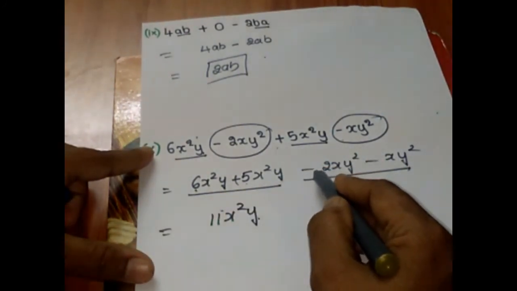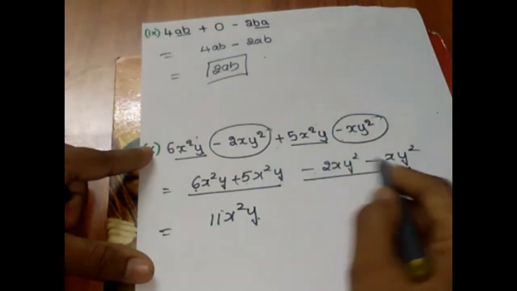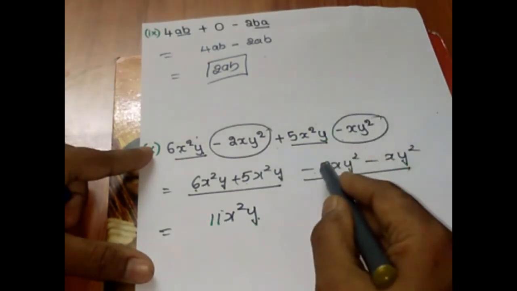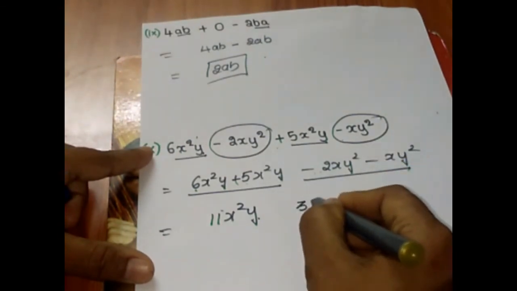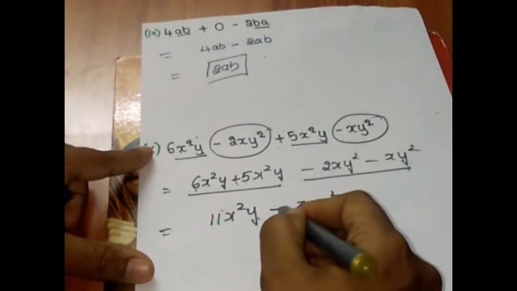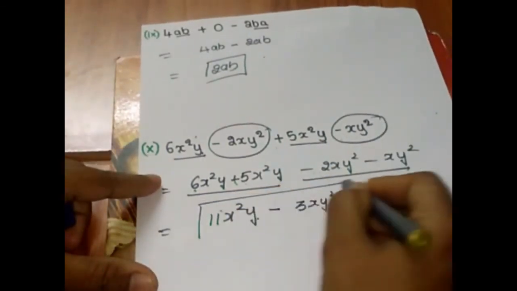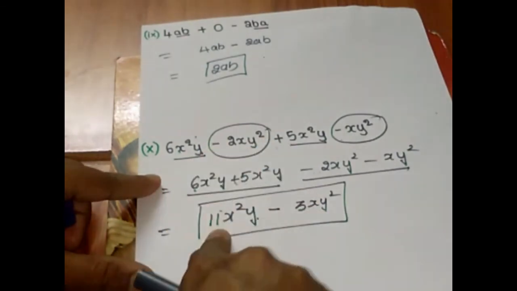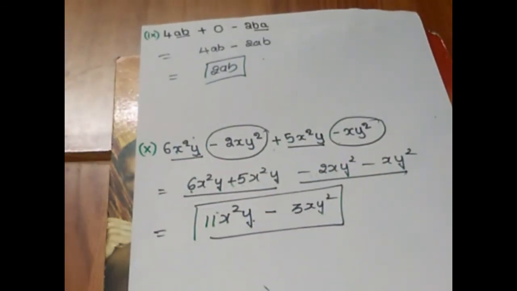Here both are minus. See, we are getting this at only one. Till now we did not get this type of problem. Both are minus. What to do? Add. That is 3xy square. But represent it with minus sign. Take care of this, children. Both are plus. Add and write the plus sign. Both are minus. Add and write the minus sign.